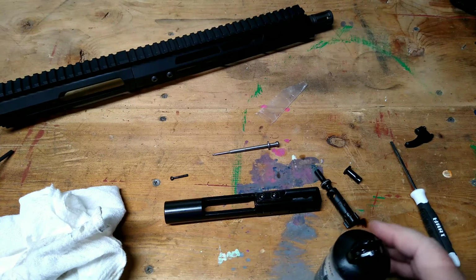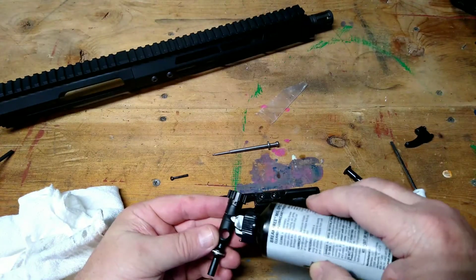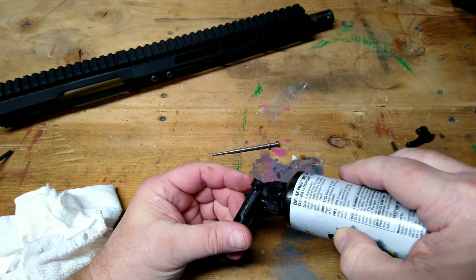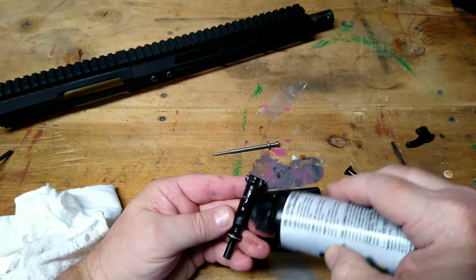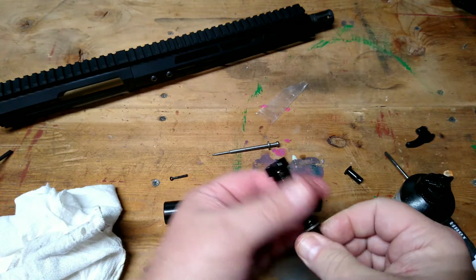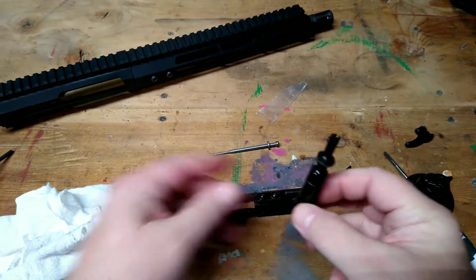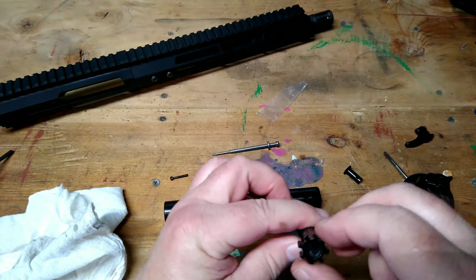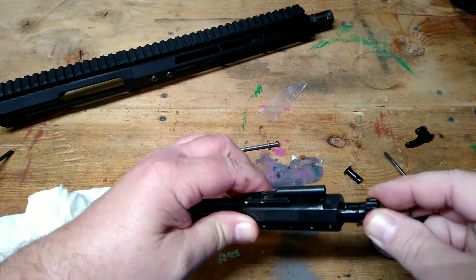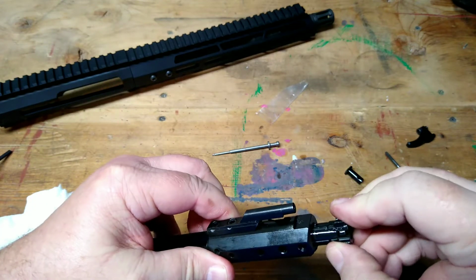Well, my CLP got knocked over and most of it's run out on my bench here. So we're going to put some CLP on this. And we're going to give it a liberal amount here. We're not going to be stingy with the CLP, not on this initial break-in cycle. We're going to give it a good smattering. And we want to make sure our extractors to the outside,